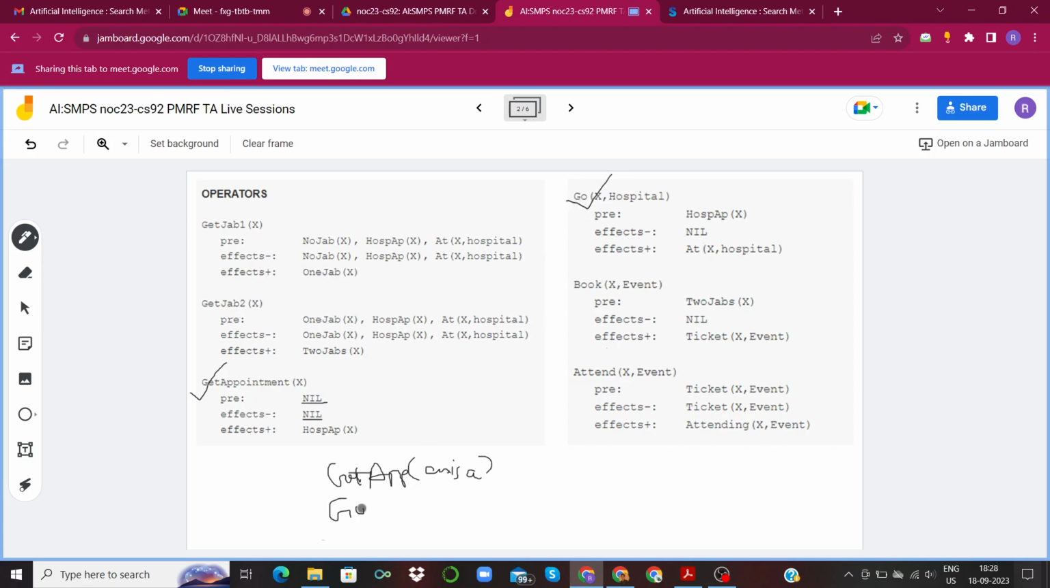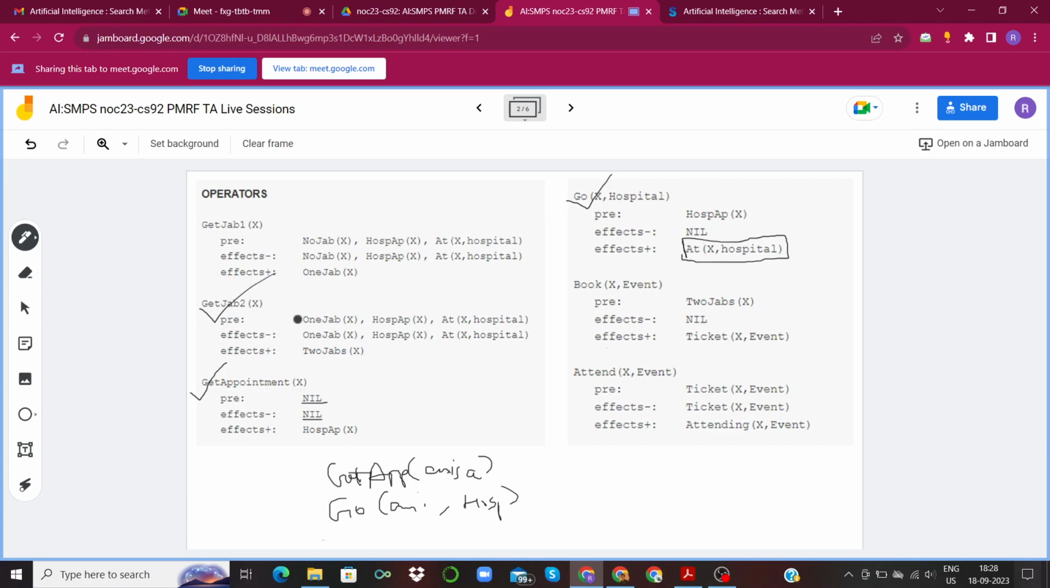now goes to the hospital. So go Anisa, hospital. This would be the second step in her plan. And once this operator has been applied, this at x comma hospital would become true. Okay, so once this becomes true, we can apply this get jab 2 operator because all the preconditions would now